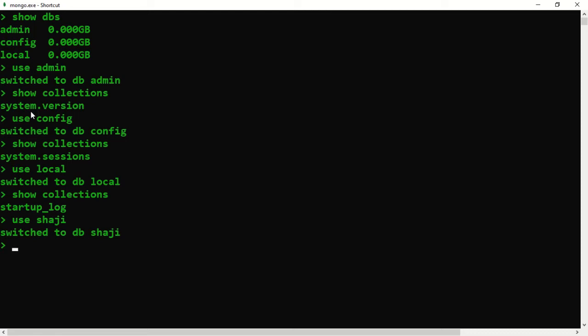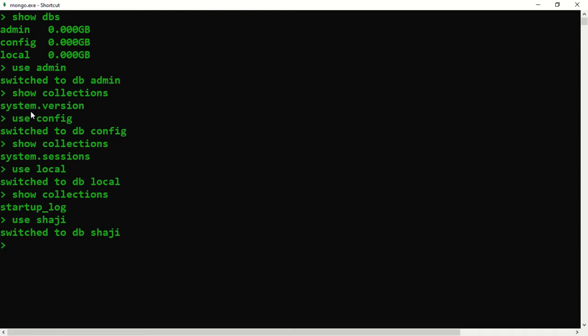But if it does not exist, then it will create it. In this case, when I say use Shaji, the Shaji database was not there, so it created the Shaji database first, and then it shifted to that particular database.